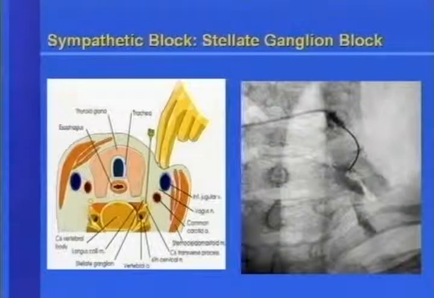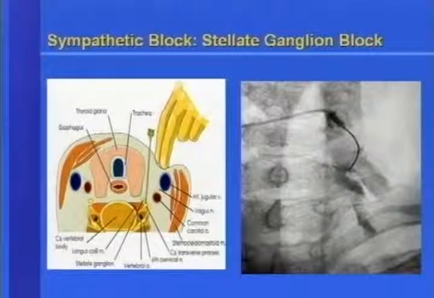This is how we do this injection. It's called a stellate ganglion block, and it's a blockade of the sympathetic outflow to the face, the head, the upper arm, for example, and the chest. It can be done at the bedside. It can be done under X-ray guidance. And essentially, if you're doing it at the